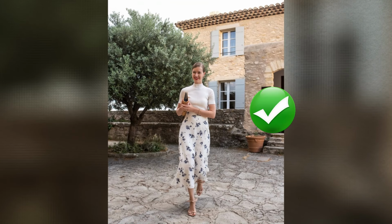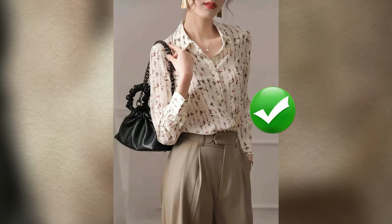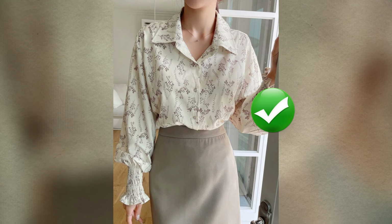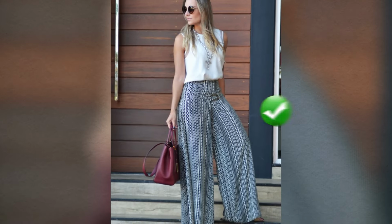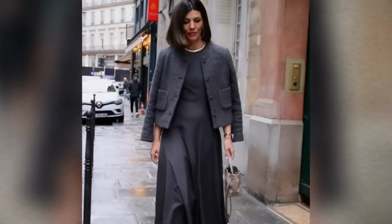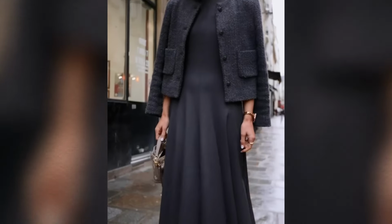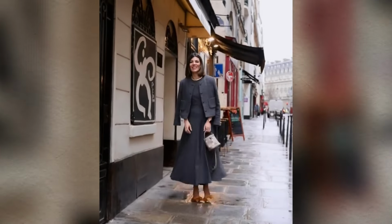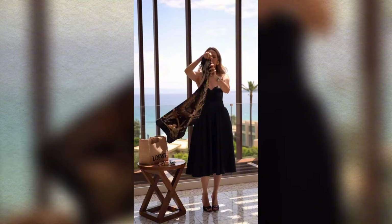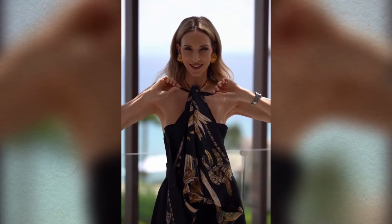Look at what an incredible transformation we can make with just these 7 adjustments. You don't need to spend a fortune or completely overhaul your wardrobe. Small adjustments make a gigantic difference in our appearance and self-esteem. Recapping: well-fitted clothes, colors that harmonize with you, V-necklines to elongate, clean lines to sophisticate, belts at the natural waist, fluid fabrics for elegance and discreet prints. These are adjustments any of us can make regardless of budget. The important thing is to understand that fashion after 40 is about knowing what works for you and using it